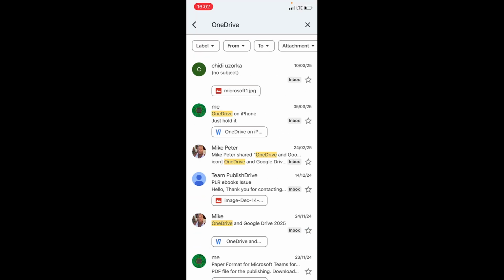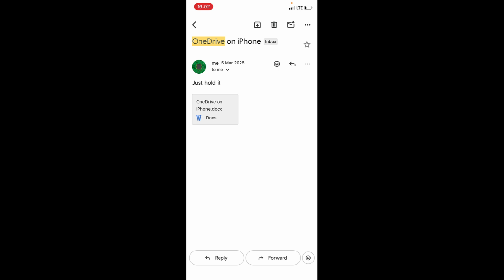Okay, look at this one I have here. So I will tap on it. Okay, look at the Word document I want to download. For you to download the Word document from your email to your iPhone, tap on the Word document for